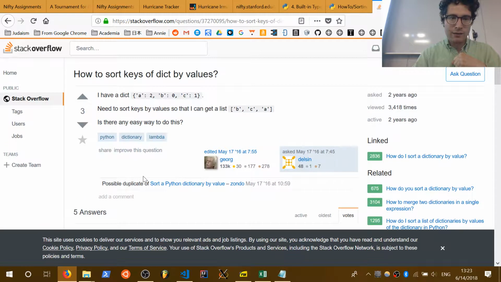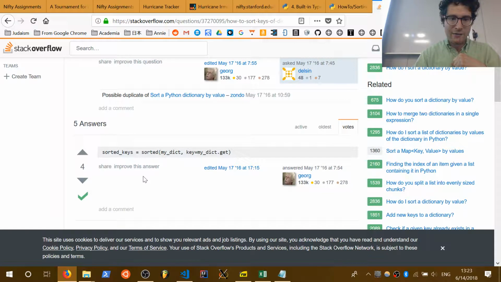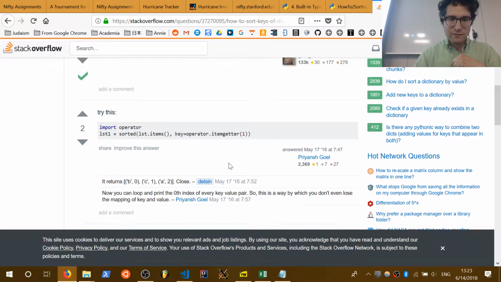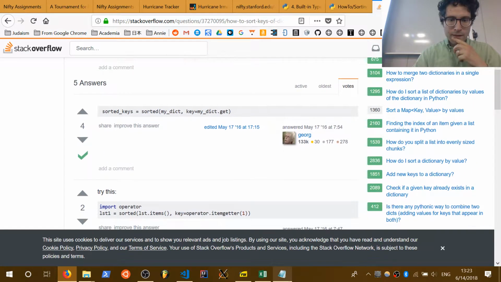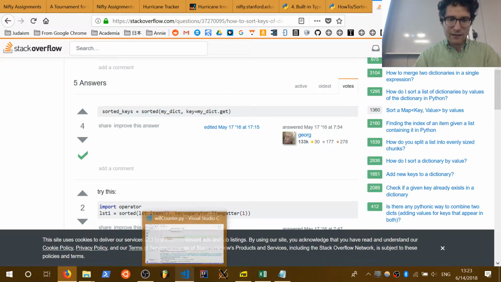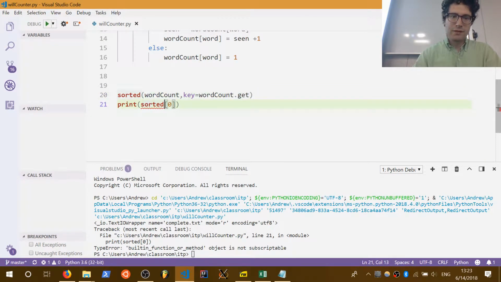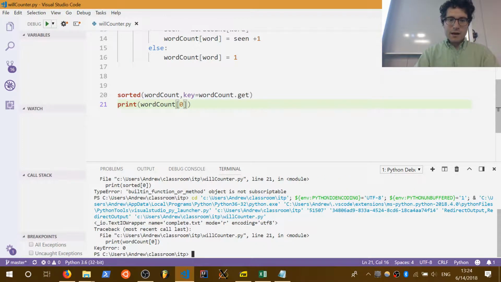Yeah, there we go. How to sort keys of a dictionary by their values. mydict.get. Interesting, that says that I can't do that. Oh, yeah, that's the issue. I printed out the wrong thing. Okay, it was key error 0. Oh, that's right. So